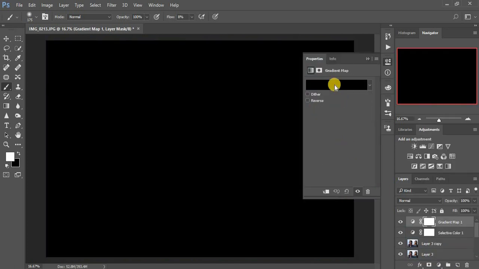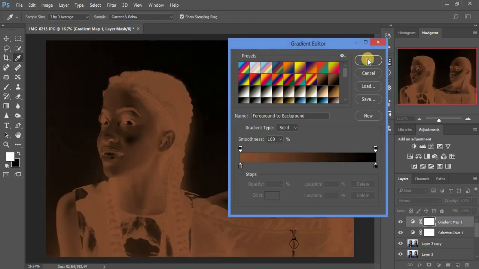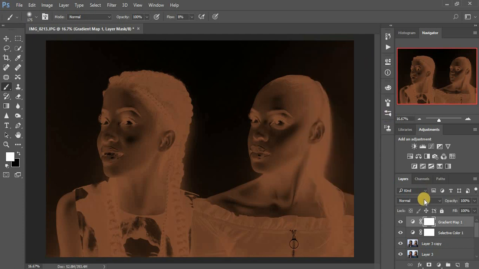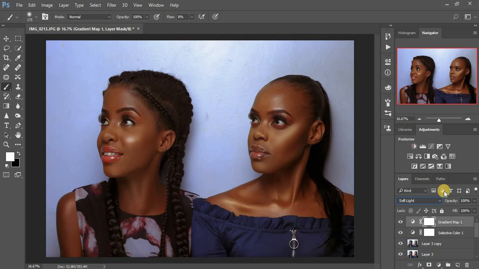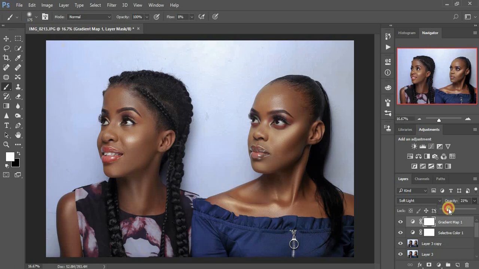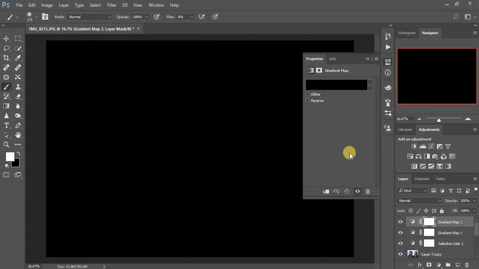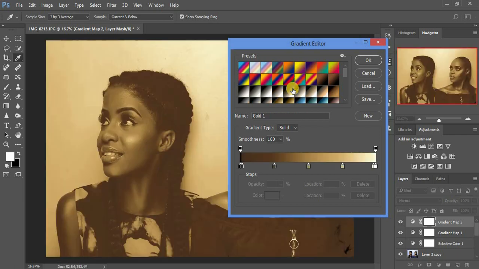Yeah, so I'll start by adding this because I prefer that chocolate feel to the photos. Then I'll come to my blending option and I'll use soft light. I'll turn down the opacity to 21% will do. Then I'll also come to my gradient map still, and I'm going to select this gold one